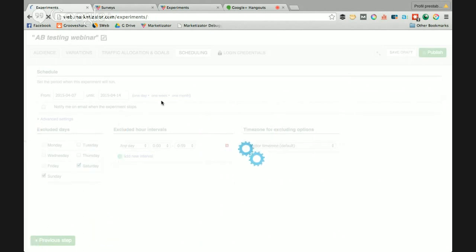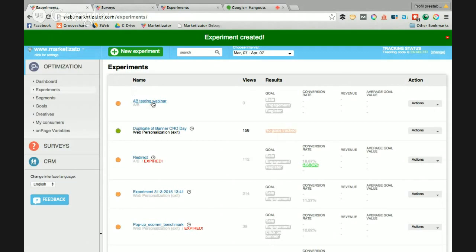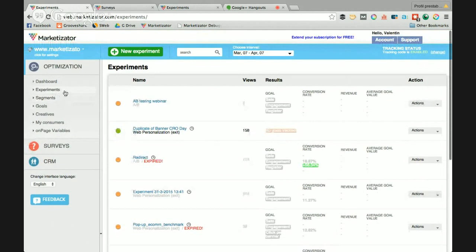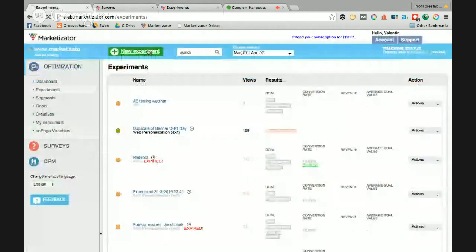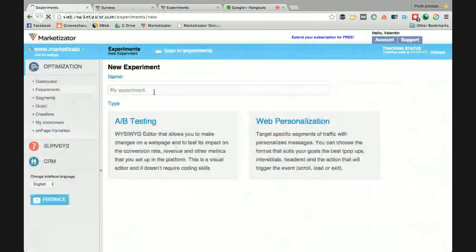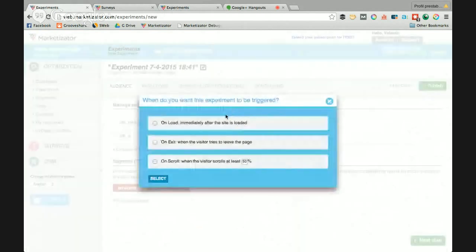Yeah, let's see the other part of the platform. It's called web personalization, and I will build one from scratch with you. So let's say we want to address visitors throughout the funnel. So by using web personalization, you'll be able to trigger certain messages that you've already defined on certain moments of the visit